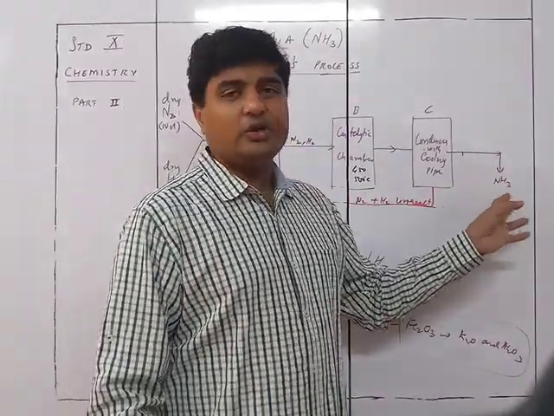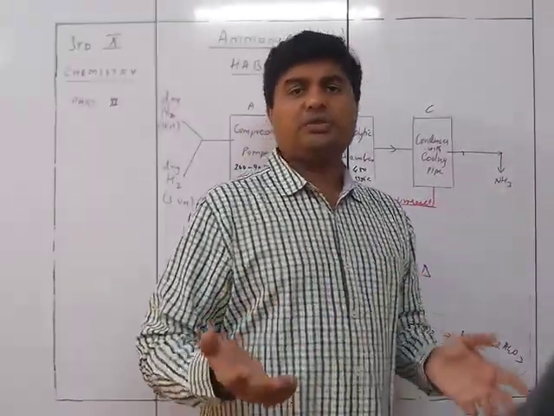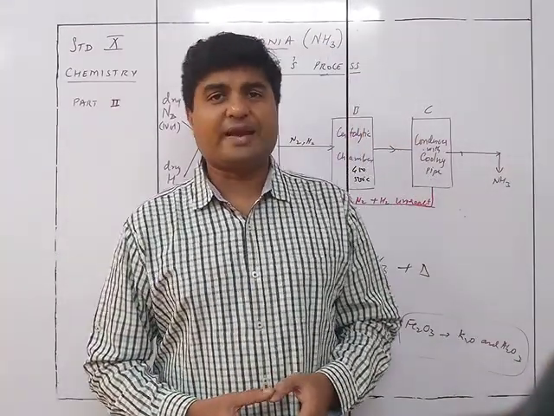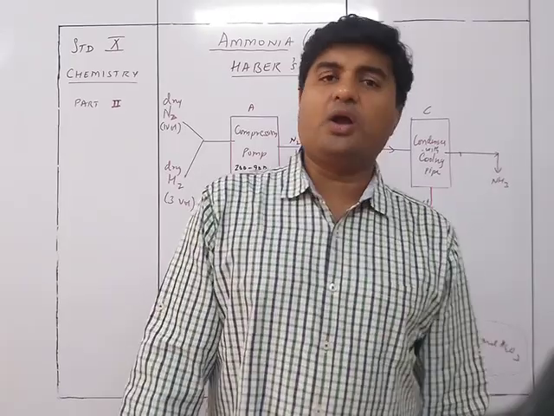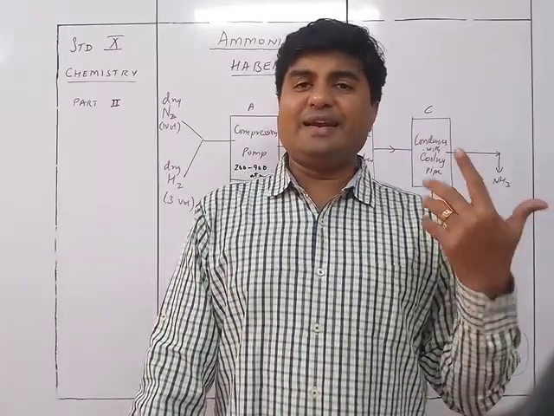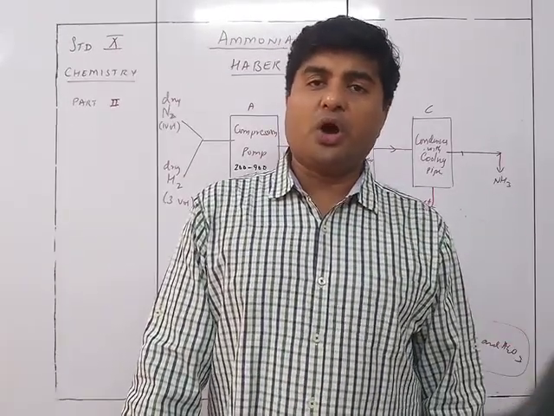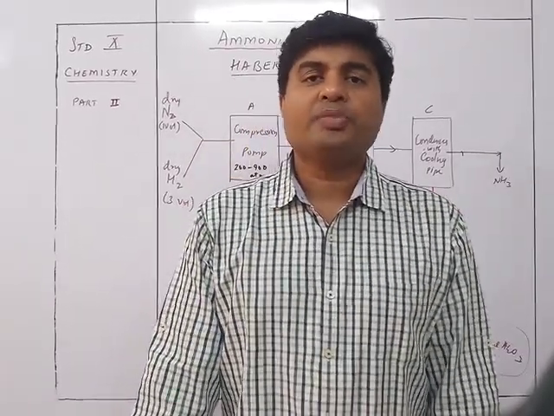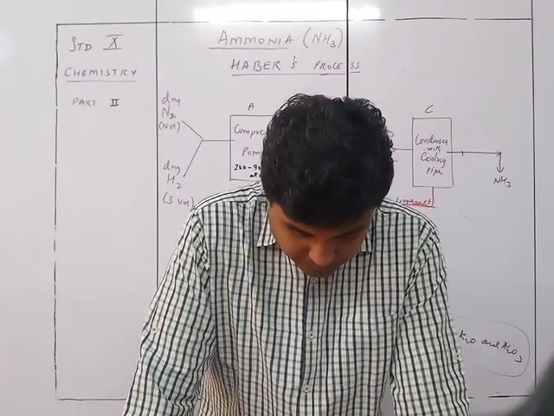If I want the yield to be directly mixed with water, अगर मुझे ammonium hydroxide ही बनाना है, then I may not do the liquefaction process. I can directly go for dissolving it in water. Ammonia gets easily dissolved in water, whereas nitrogen and hydrogen are not going to get dissolved. Accordingly, ammonia is automatically separated out from the mixture of nitrogen, hydrogen and ammonia.